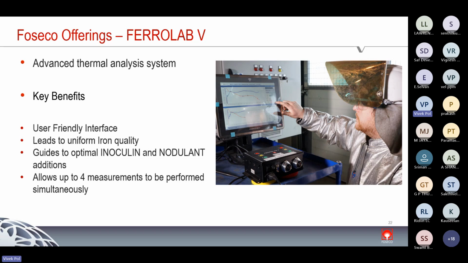And this tool is actually helping with what should be the parameters for getting consistent quality,